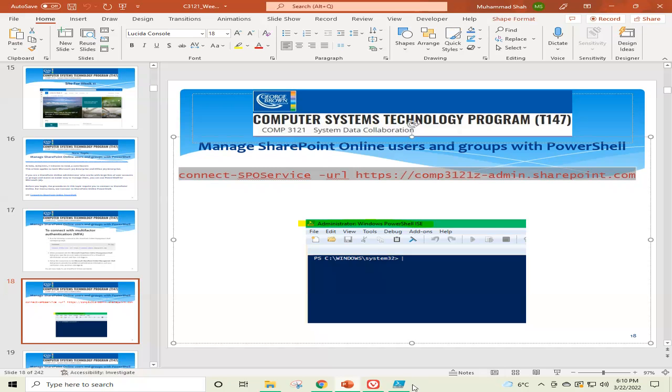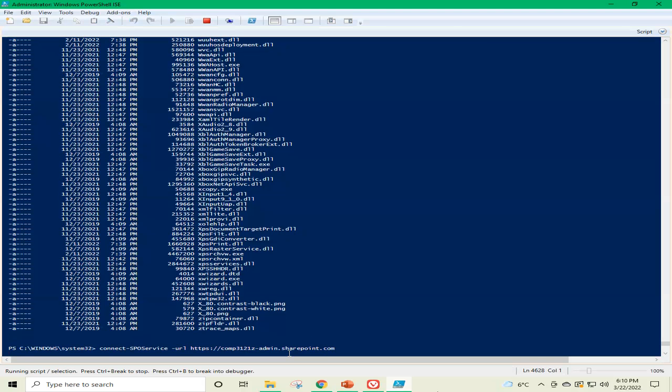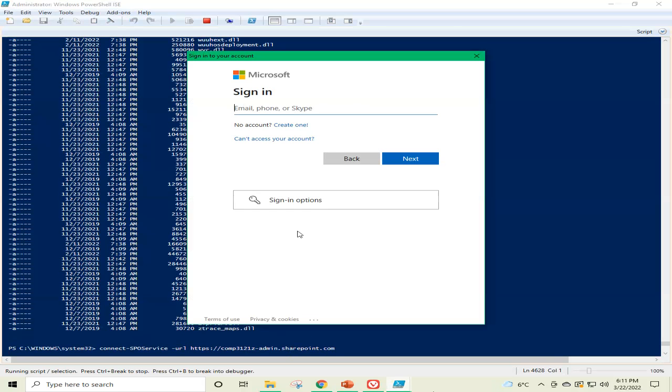Control C, and then we can go back to our PowerShell. Control V, and I press enter. And if we don't give the username and password, it will ask for the username and password. So we give the email that is for the admin or the owner of the tenant, which in my case is COMP3121 dot on Microsoft.com, and